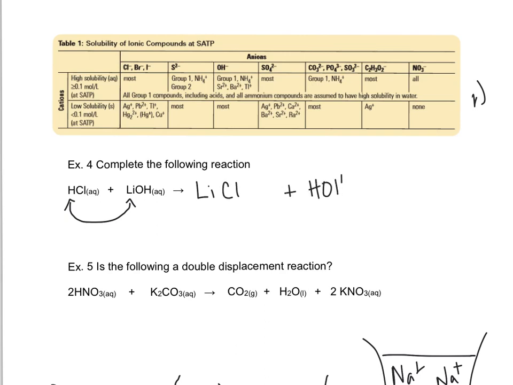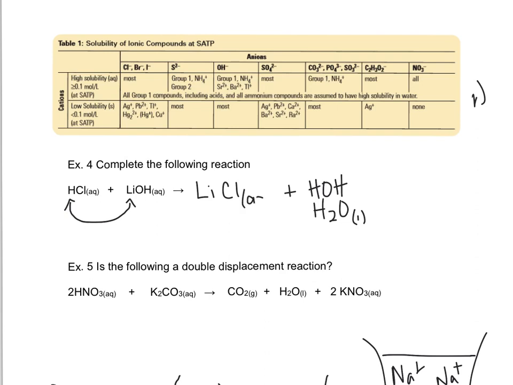HOH can also be written as H2O, and that is a liquid. You do not form water AQ. Water dissolved in water does not exist. You form liquid water, and then the only part we have to look up in the solubility table then is lithium chloride. Come over here, and we have lithium up here with most,